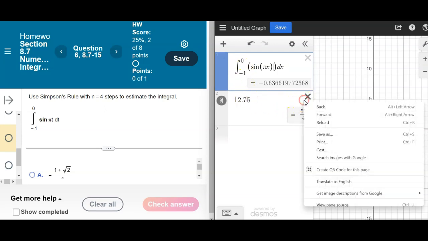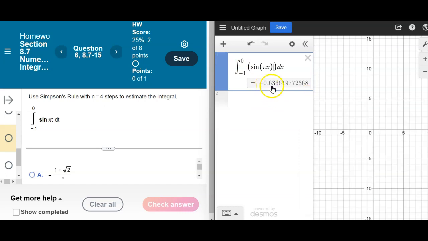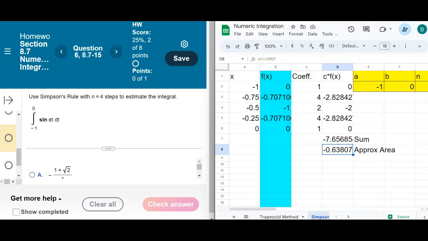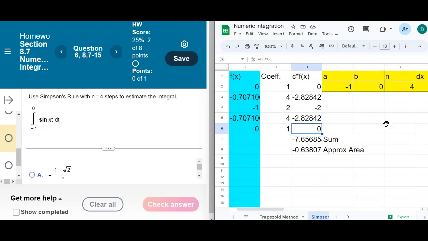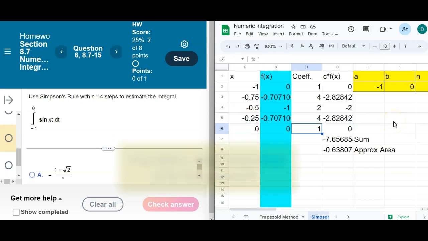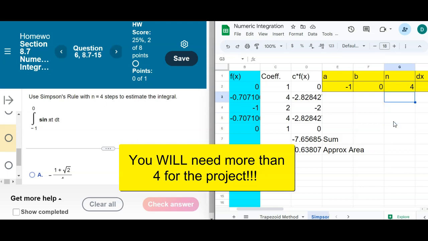But you can see what we have here is -0.6366, and we've got -0.638. So again, it's not bad, especially for only 4 steps. Now, most of these always have 4, but I just want you to see that if I changed it,